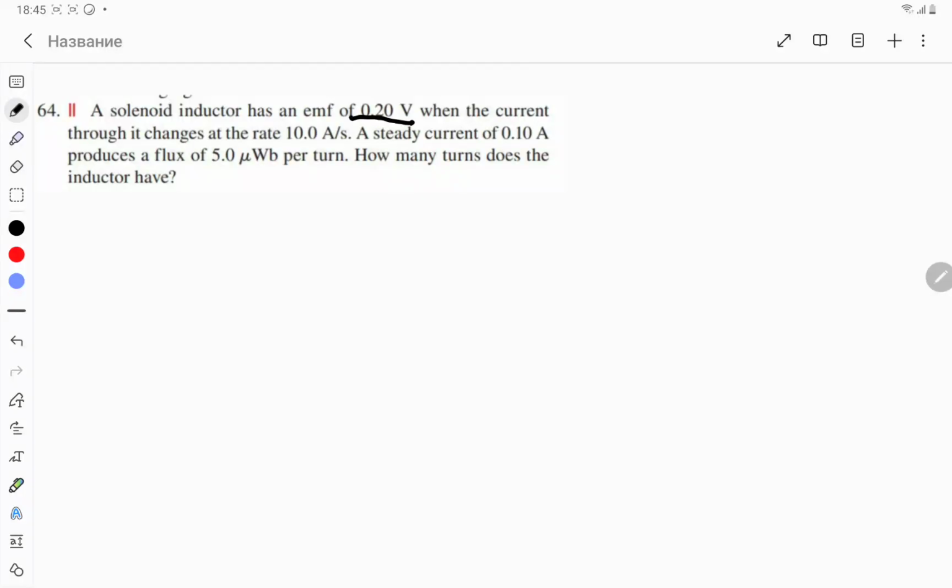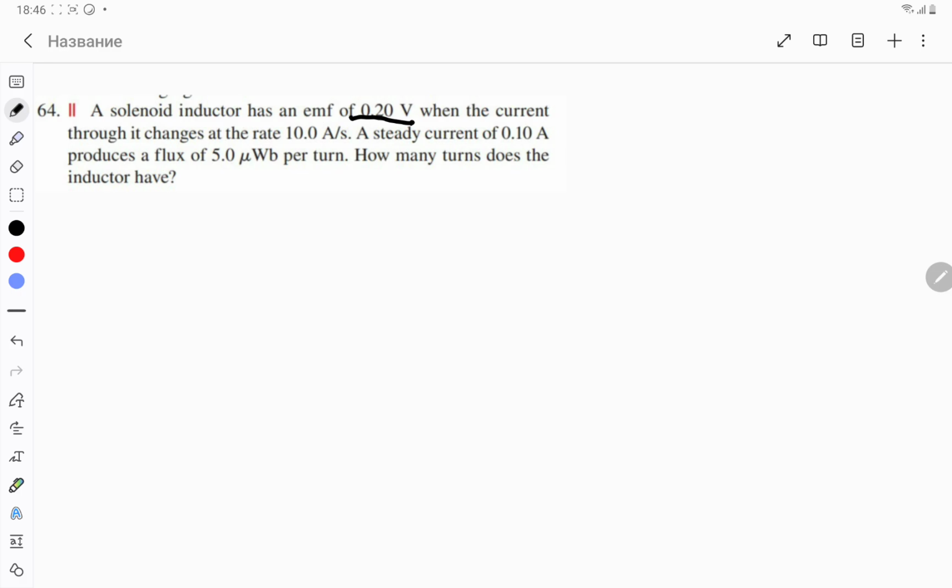Okay, hey everyone. In this video I will be solving a problem about inductors and magnetic flux, and I will explain every step as clearly as possible. So not just how to solve it, but also why we use each formula. This is a medium level problem from homework 6, I think. And let's read the